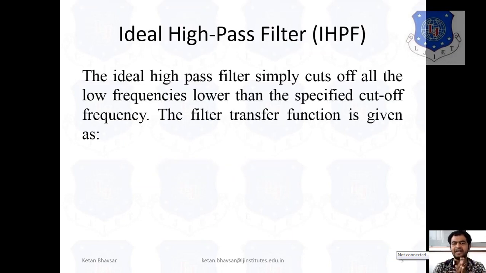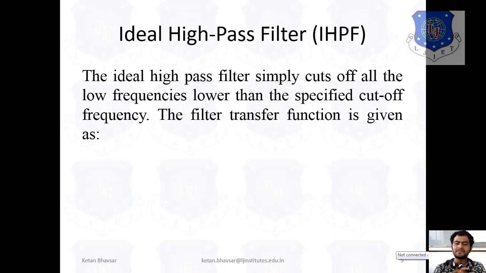Similarly, in image smoothing we talked about the ideal low pass filter, Butterworth low pass filter, and Gaussian low pass filter. In image sharpening, we deal with the ideal high pass filter, the Butterworth high pass filter, and similarly the Gaussian high pass filter. So we have to deal with this type of content when we are dealing with frequency based concepts.